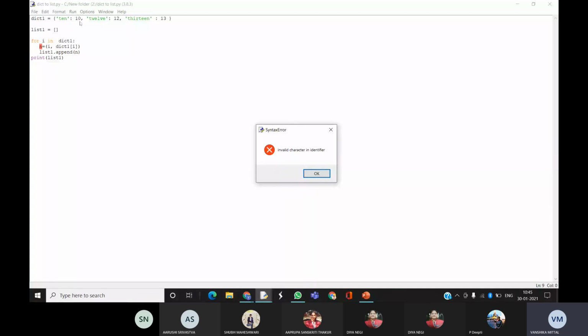So this key-value pair will be considered as a single element of my list, converted from this dictionary. How can it be converted to a single element with only one variable? Ma'am, with only one variable.